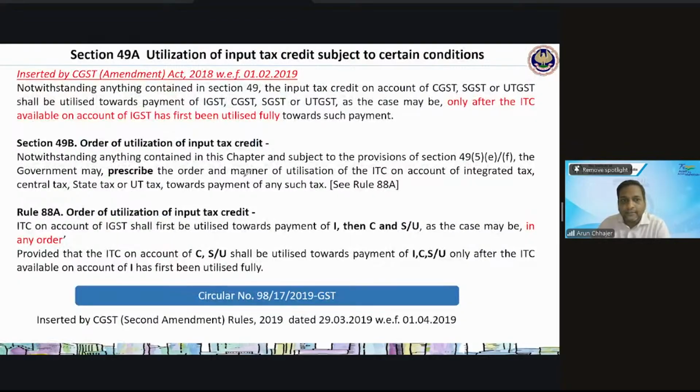49B says that only they have given the power of prescription. What is prescribed? It is the IGST. I am not reading. I have to read the ITC of C and S toward the payment of ICS only after the ITC available on account of I has been fully utilized. What does rule 88A say? It says that I should become 0, then you can use C and S toward the payment of I, C and S. Is that written in that order? क्या इसने order लिखा word? नहीं. As the case may be, whatever you want. Meaning thereby,